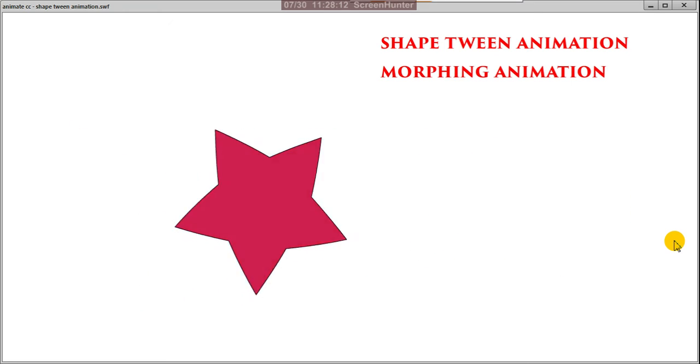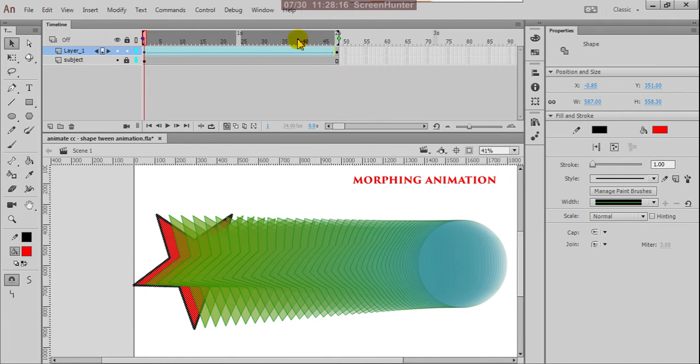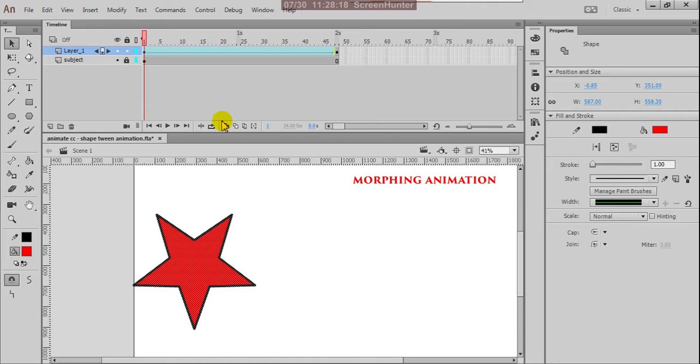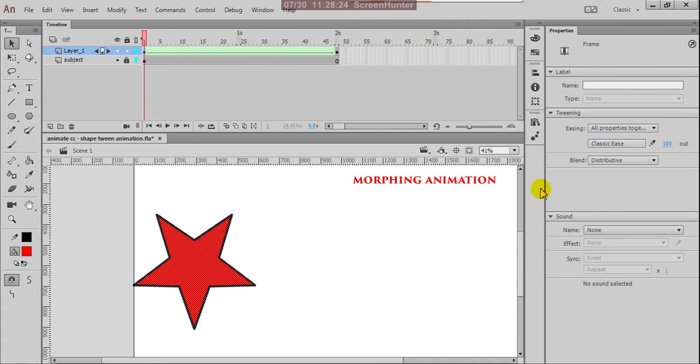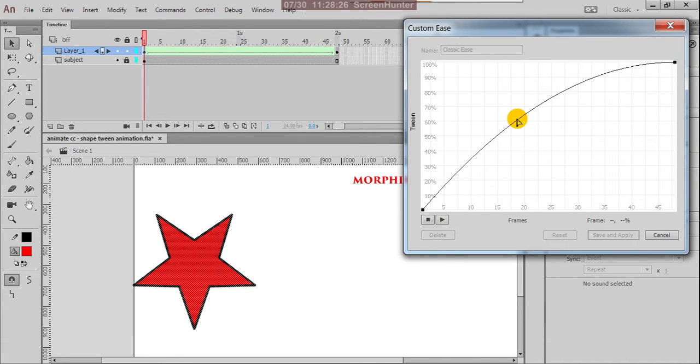So these are the slow in, slow out methods, and you can use the graph also. By the graph also you can control your action.